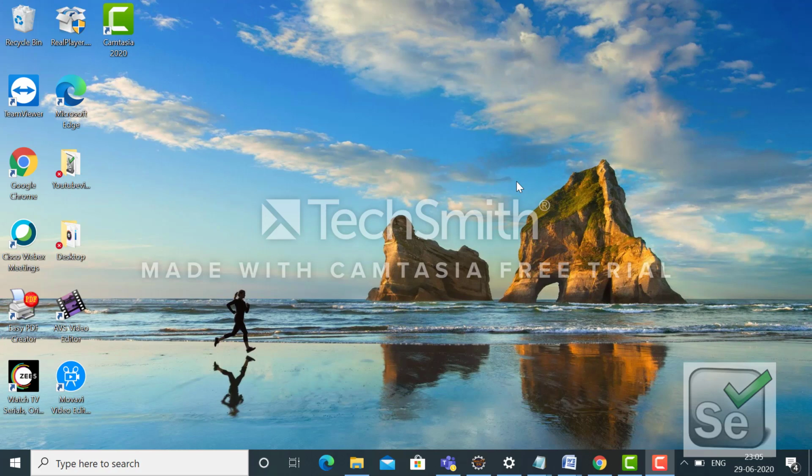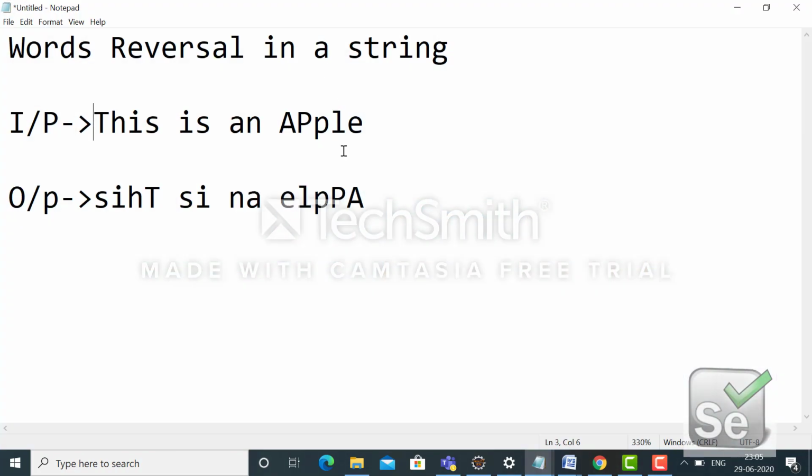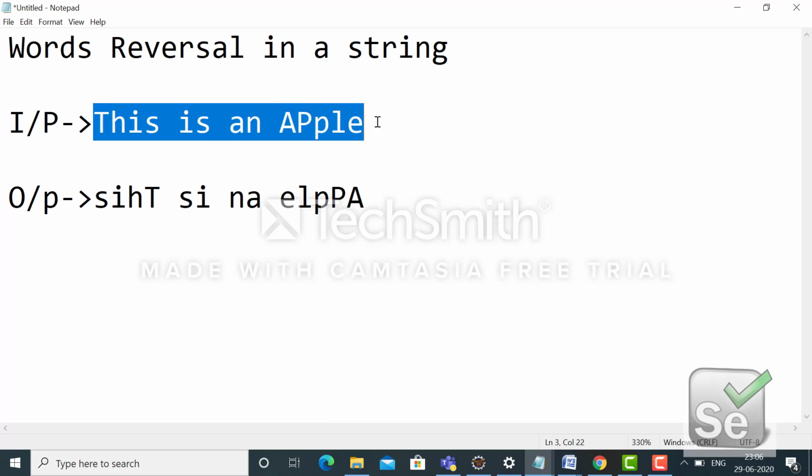So today I am going to discuss a very important interview question, that is word reversal in a string. Most of the time, we are used to facing a question like string reversal, but this is a little bit of a typical scenario rather than the traditional one. So here, what we have to do basically, let's say there is an input string called